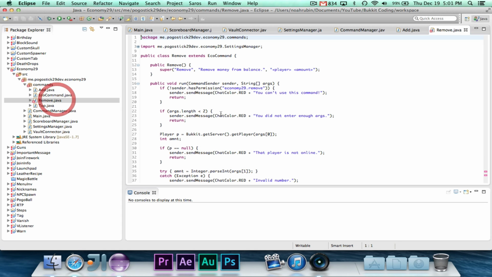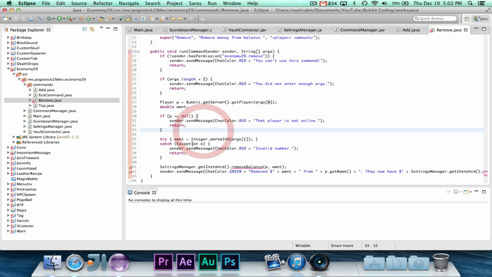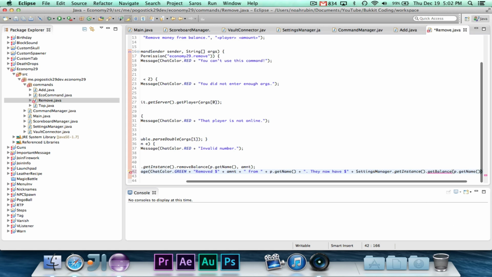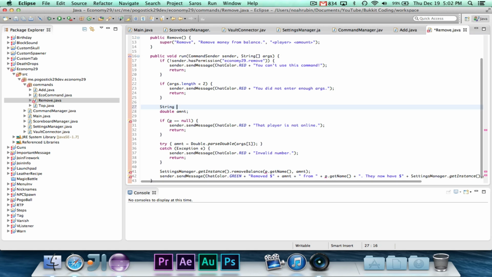Okay, and let's just quickly change that over here. And actually, we could just remove this code.